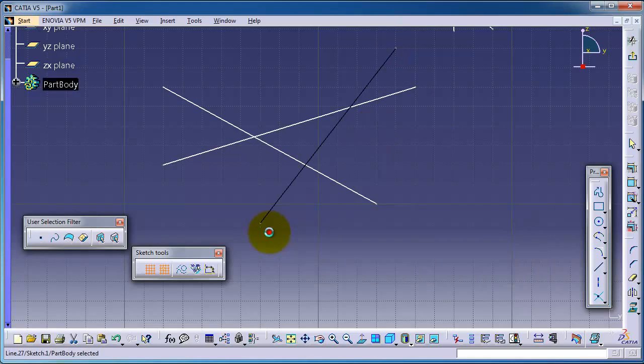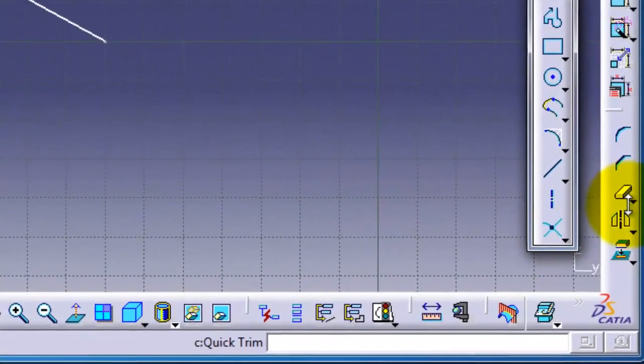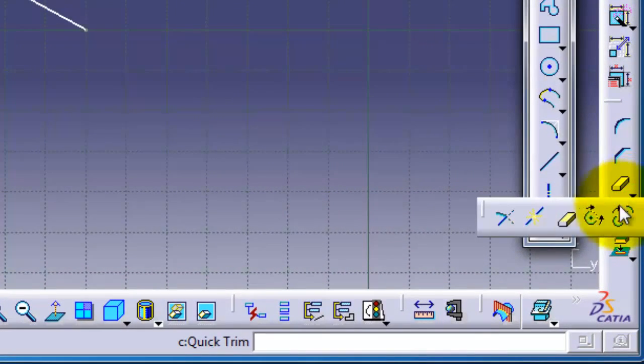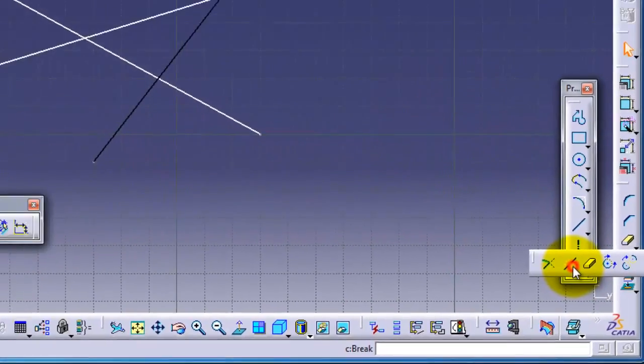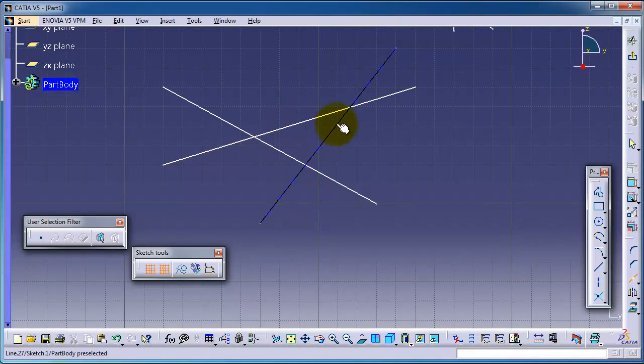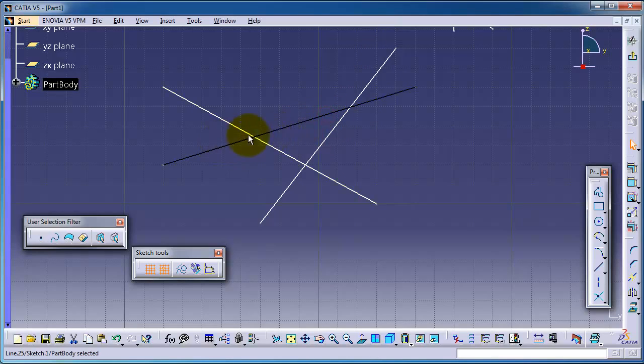here and let's activate the break from here, from the right side break. We have this line is chosen. Let's choose this line. Now if you notice, you can select this side of the line, not the whole line, or this side, and this one is still not broken. So we broke this line